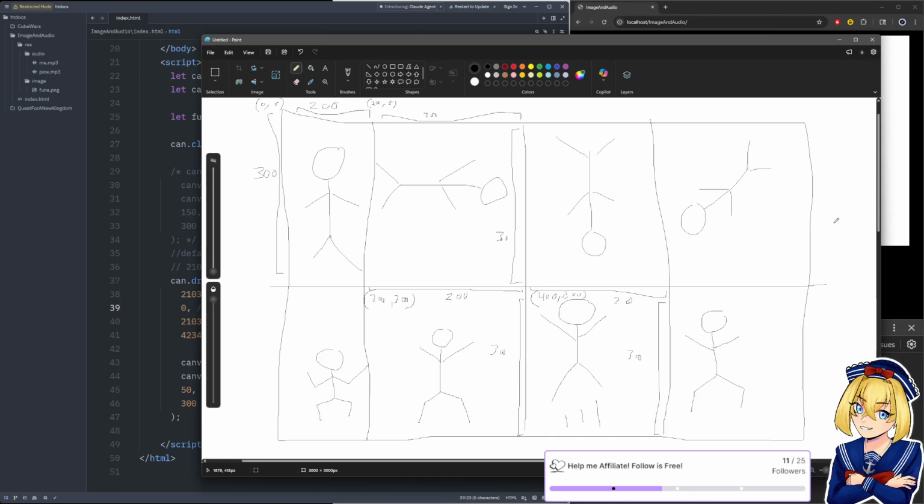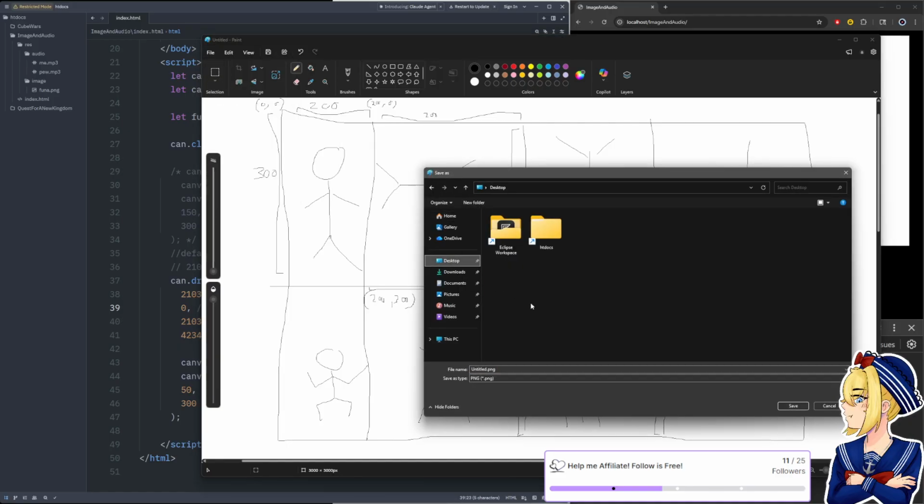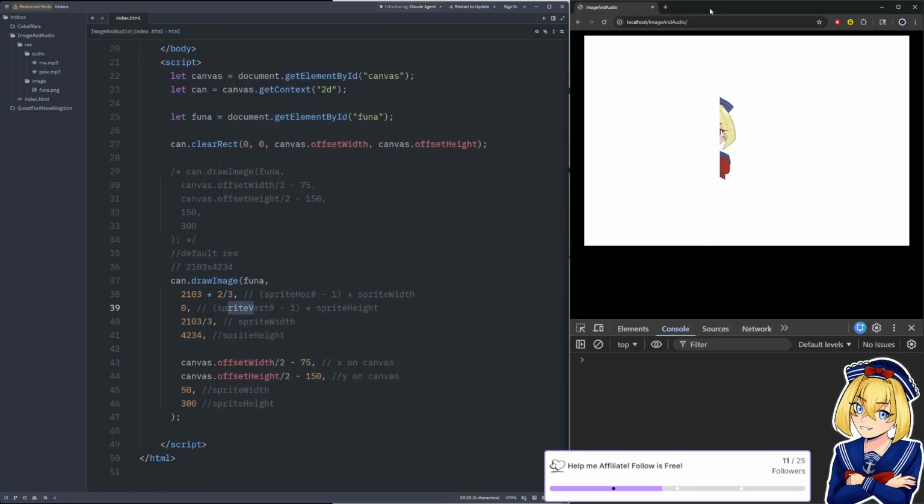Get a quick look at this. I'm probably going to be deleting it. Let's save it somewhere, just in case someone's interested in it. Sprite sheet calc, something like that. We'll save that. Maybe I'll put it on the GitHub somewhere. Not sure if I'm going to be uploading any of this to the GitHub, because I keep deleting it and remaking it and all that stuff.